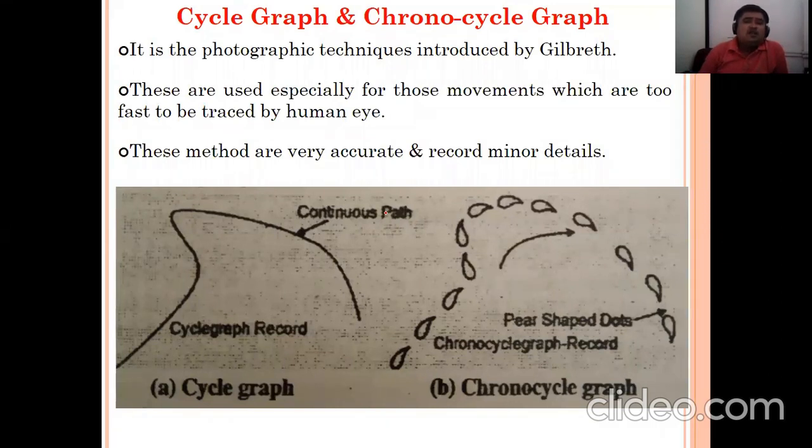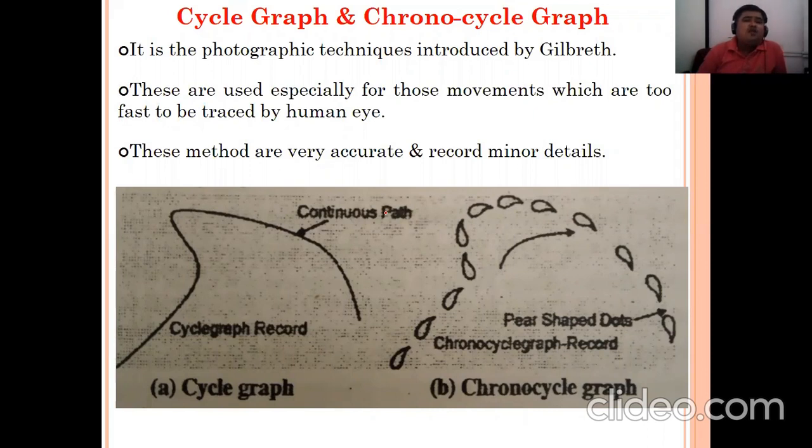These are used especially for those movements which are too fast to be traced by human eyes. The movements are so fast that we cannot trace them. So that is shown by this particular method, the cyclegraph or chronocyclegraph.